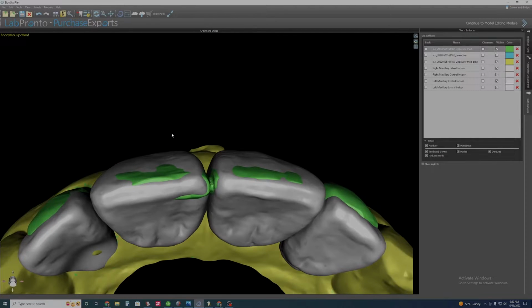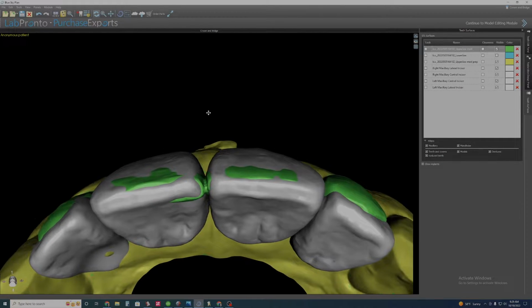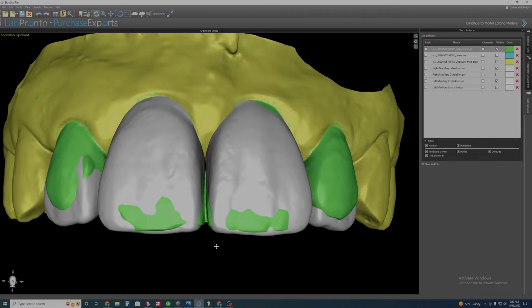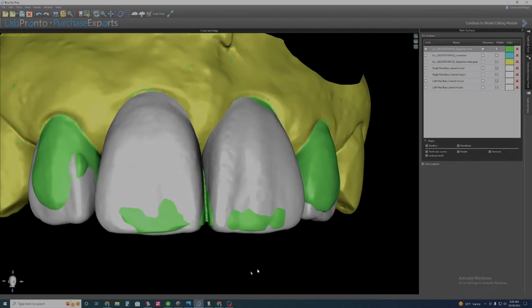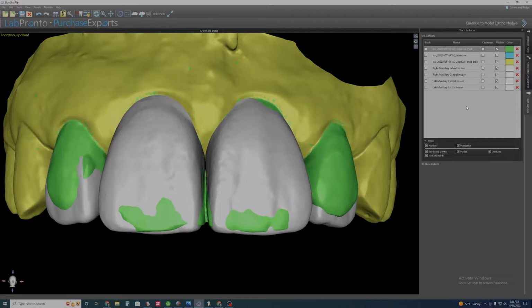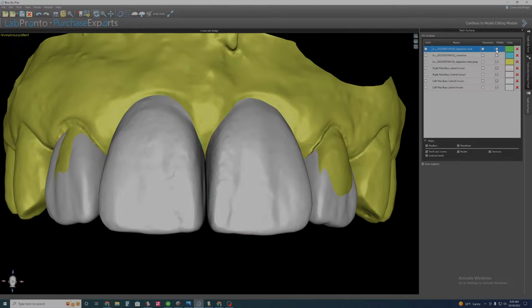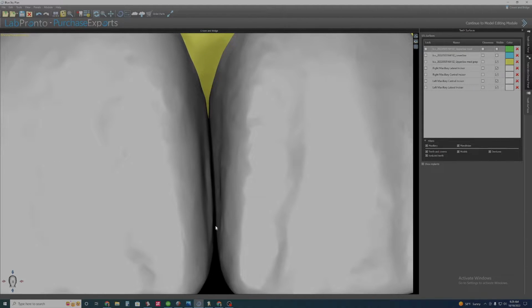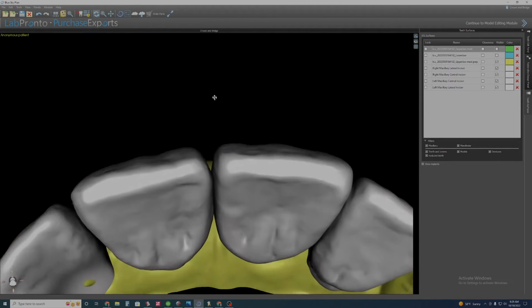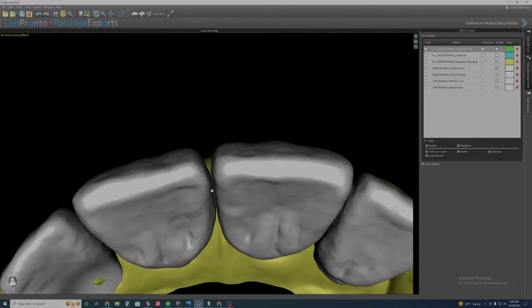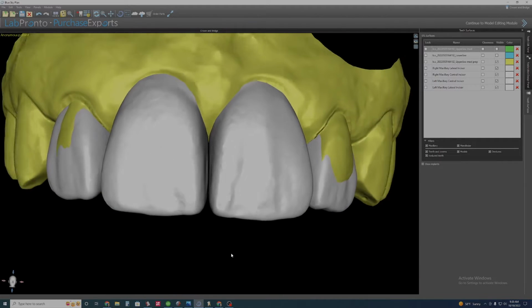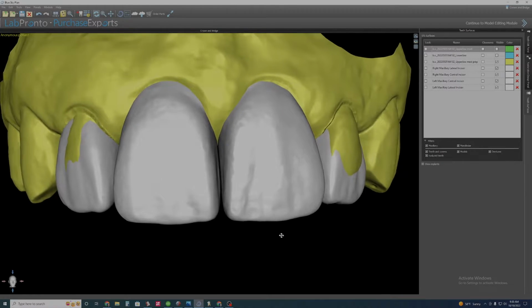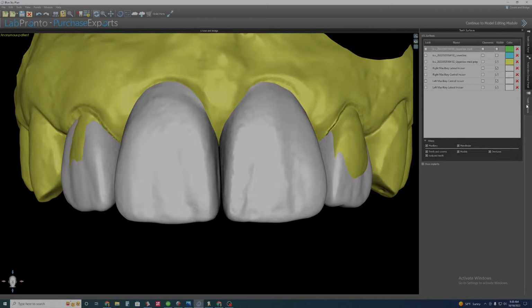Seeing a little bit of burn through on the incisal edge doesn't worry me too much. The midline looks pretty spot on, although I feel like number 8 needs to come mesially, which I want anyway, because you can probably tell that there's actually this dark line right down the center. These teeth are not in physical contact. Here you can see it right there too. You can see the yellow of the model burning through. These teeth don't touch. I want them touching, so I'm going to